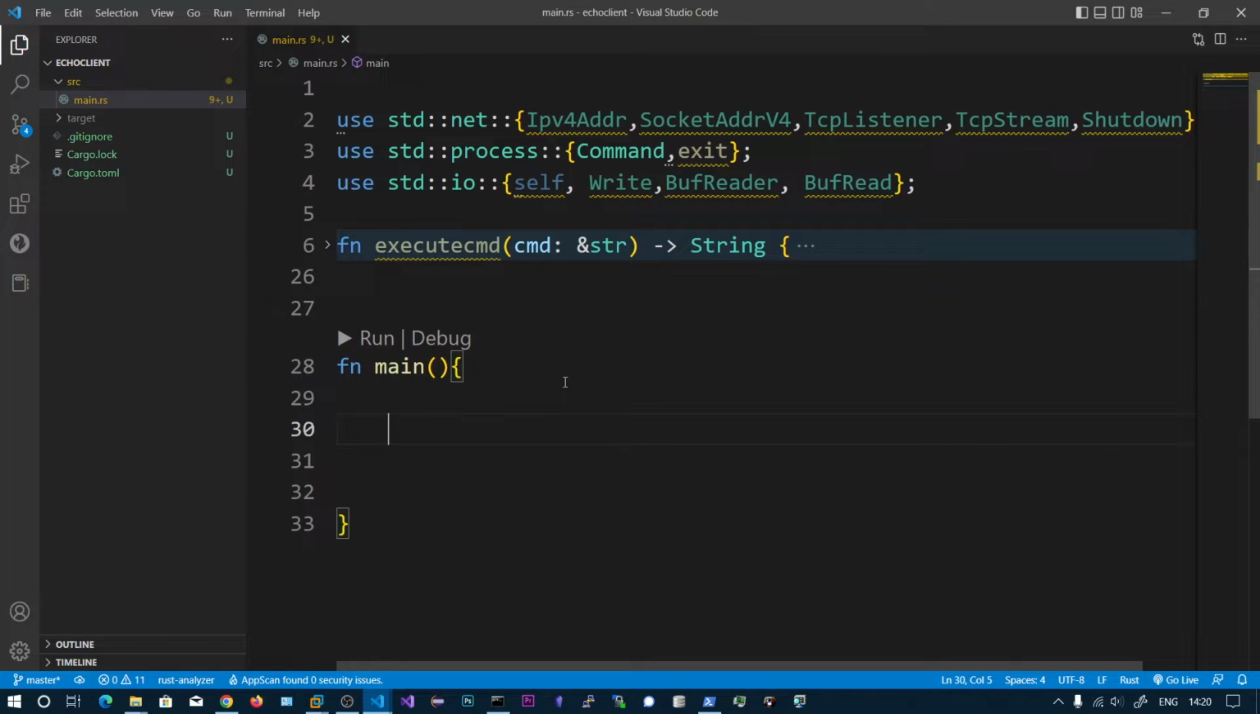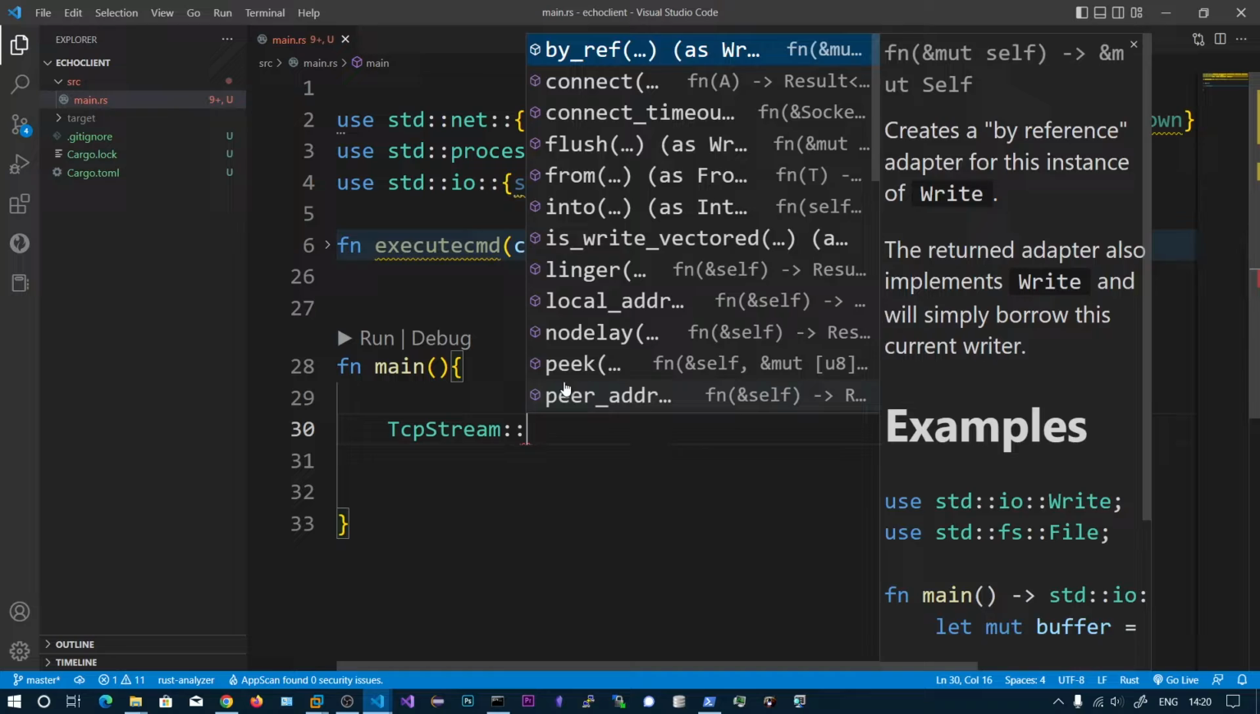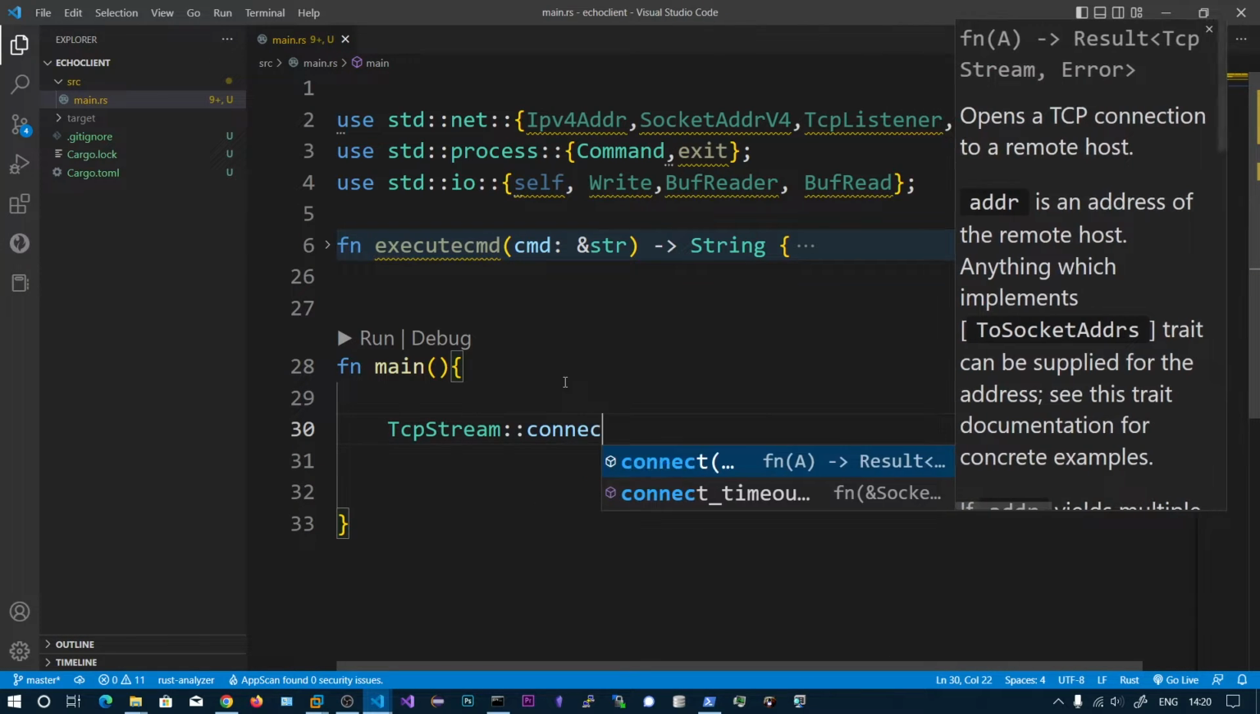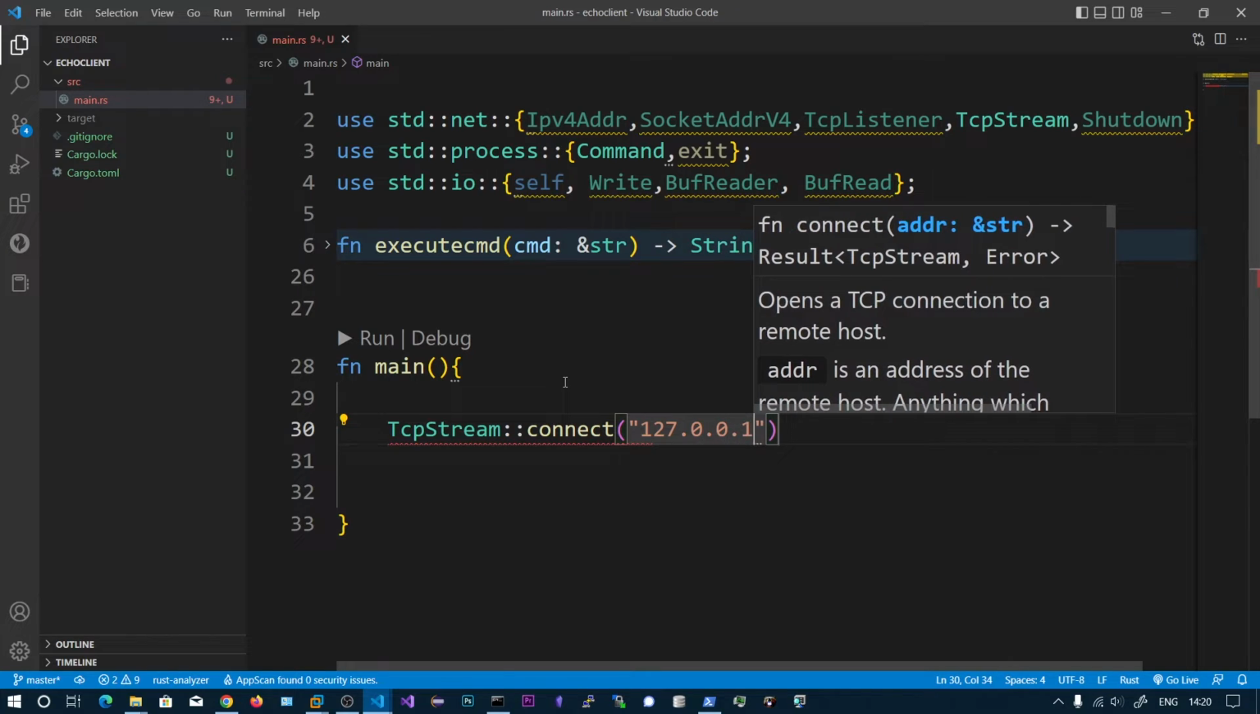Now we are going to connect using TCP stream. So I'm gonna just directly say